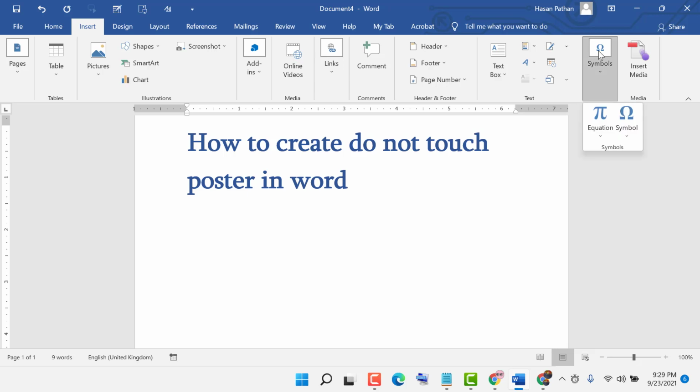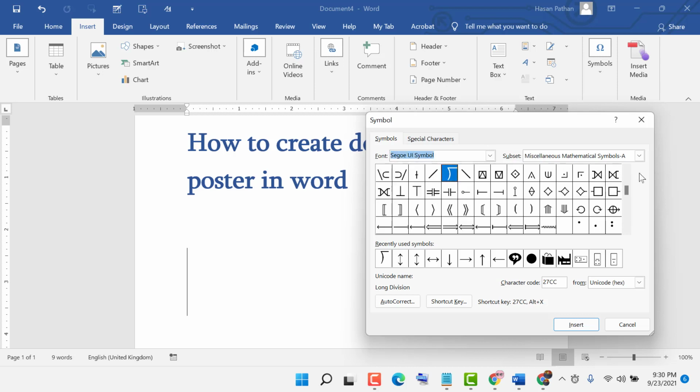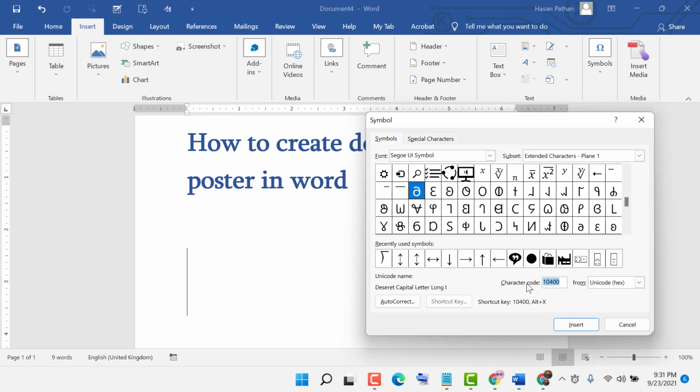symbols, again click on symbols, more symbols, font select, this one, subset select this last one, extend characters plan 1, type this character code. Now type this character code